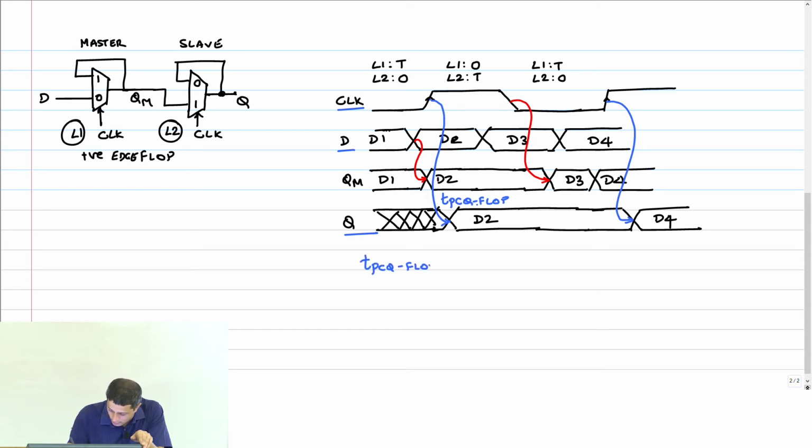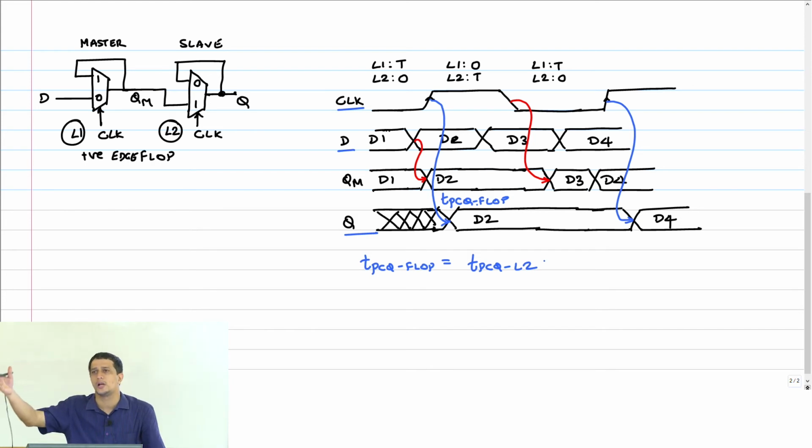Q of the, in terms of the latch delay component. Exactly. It is TPCQ of L2. It's just how long it takes for data to go from the clock going high and making L2 transparent to the data being available at the output of L2. Right?